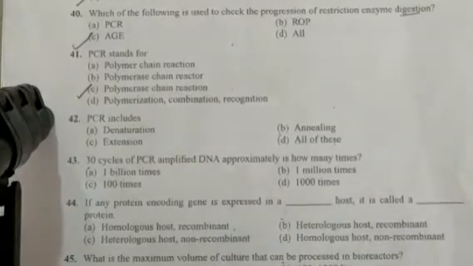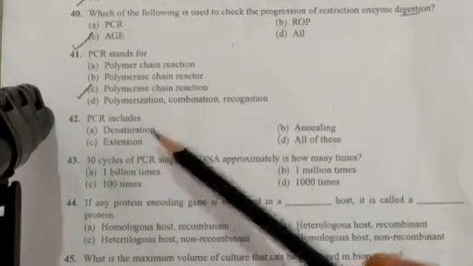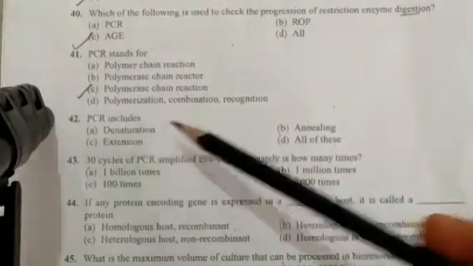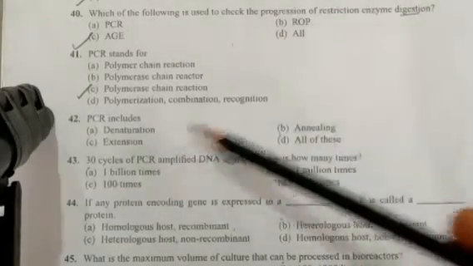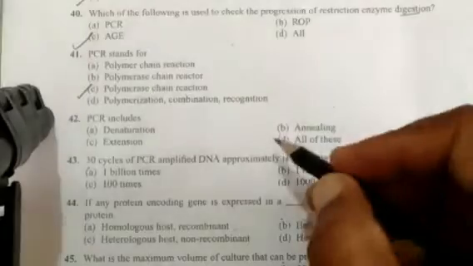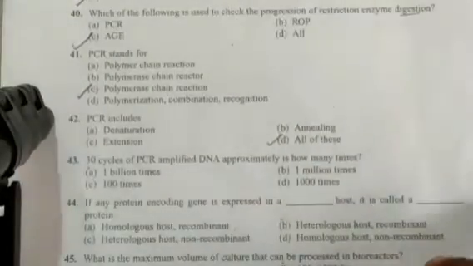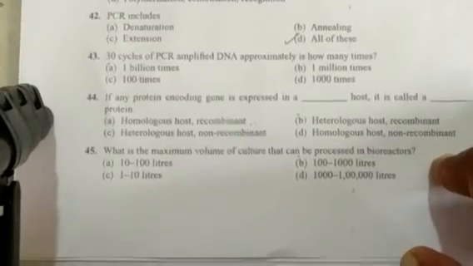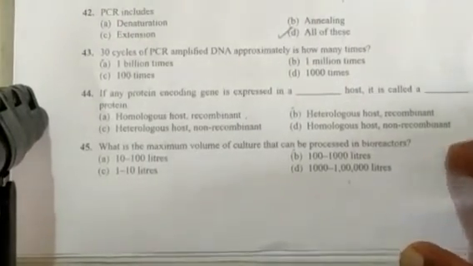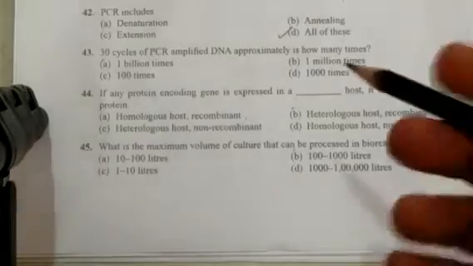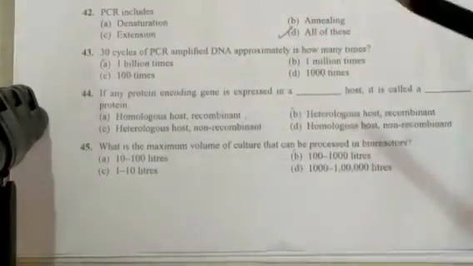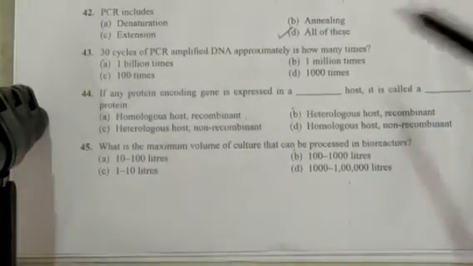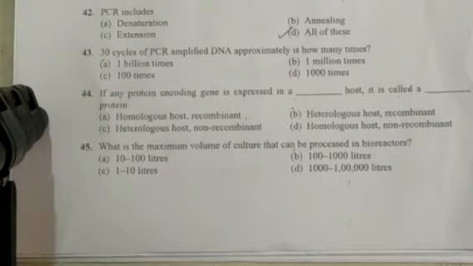Next, PCR includes denaturation, of course correct, annealing also, denaturation first, then annealing, then extension. All these are the steps of PCR, polymerase chain reaction, so all of the above is the correct answer. We have to do denaturation of the DNA, then annealing, joining, and then the extension by using the polymerase enzyme. They are all the steps of polymerase chain reaction introduced by Kary Mullis in 1888. So all of these is the correct answer. Whatever extra points I tell you, try to remember. Based on that also, questions can be asked in your NEET exam.